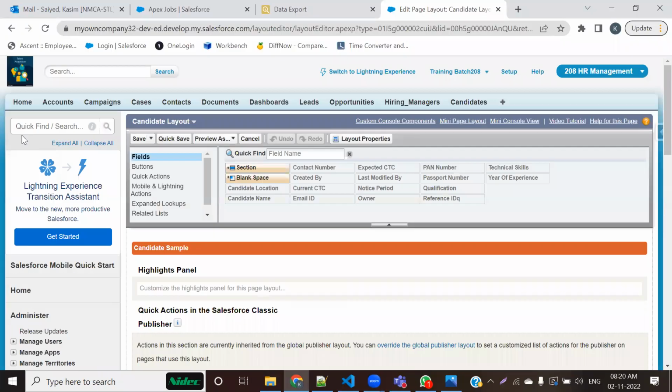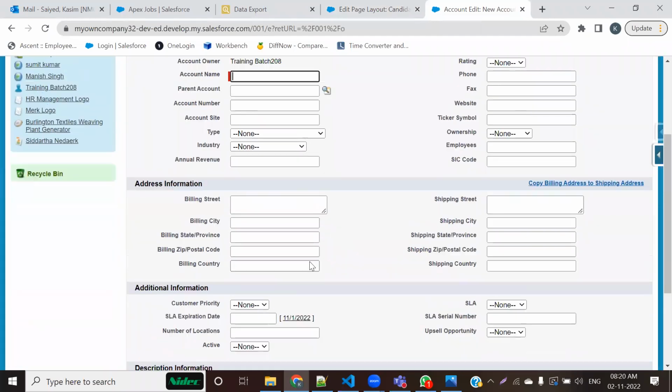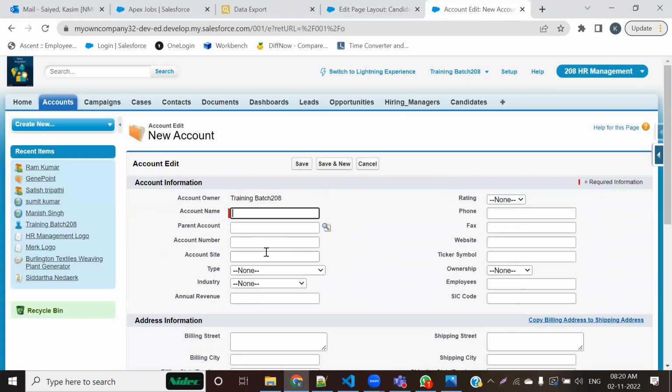मैं आप लोगों से कहता हूं कि आप अकाउंट रिकॉर्ड क्रिएट करो, तो आपको यूजर इंटरफेस टैब पे जाना पड़ेगा, उसके बाद ये न्यू का बटन दबाना पड़ेगा, उसके बाद आप रिकॉर्ड फिल करेंगे और सेव का बटन दबाएंगे, तब जाके एक रिकॉर्ड क्रिएट होता है। तो अगर मैं आपसे कहता हूं कि डेटाबेस में एक अकाउंट रिकॉर्ड, एक केस रिकॉर्ड, कॉन्टैक्ट रिकॉर्ड क्रिएट करो, तो आपकी डिपेंडेंसी यूजर इंटरफेस पे है, क्योंकि आपको यही तरीका पता है, दूसरा कोई तरीका पता नहीं, आगे चल के पता चलेगा।